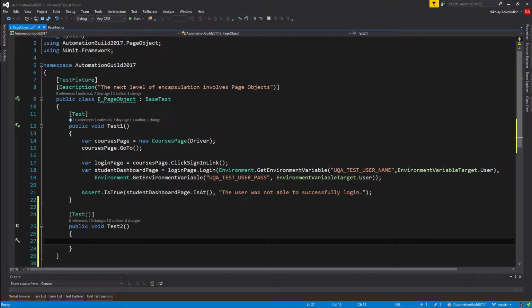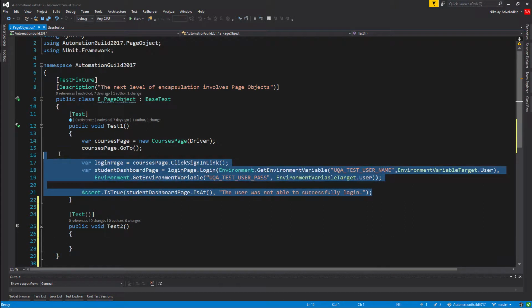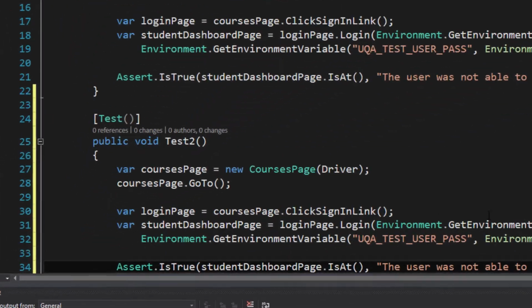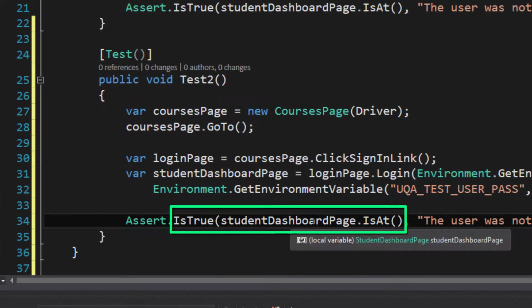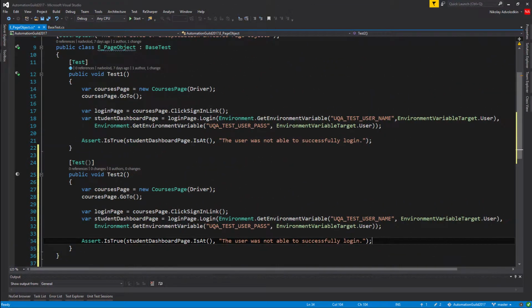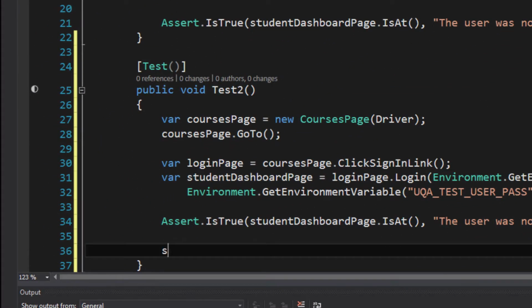So we can actually copy over a bunch of this, actually all of this, because it does the login, and then we validate that we are at the student dashboard page, which is fantastic. And then we need to add a few extra steps of clicking the login, clicking the link that's going to take us to the course, and then validating that the course is actually opened. So using the student dashboard page,